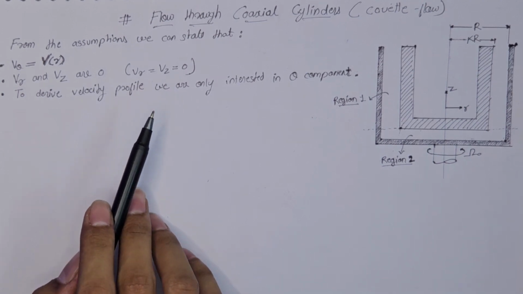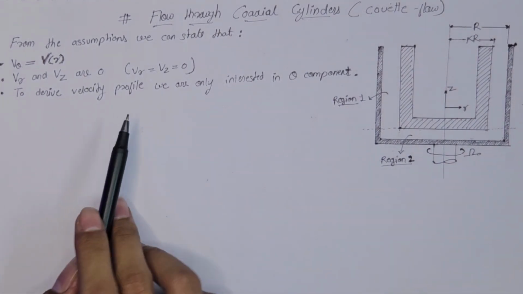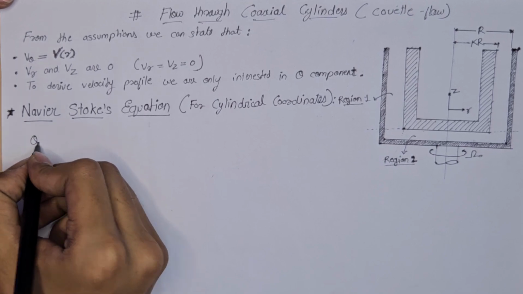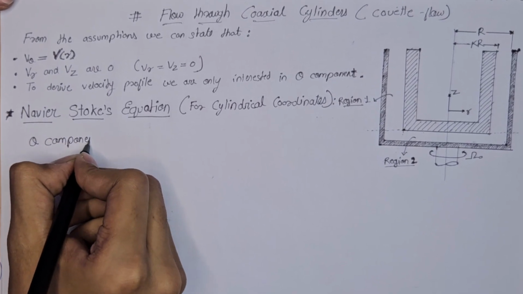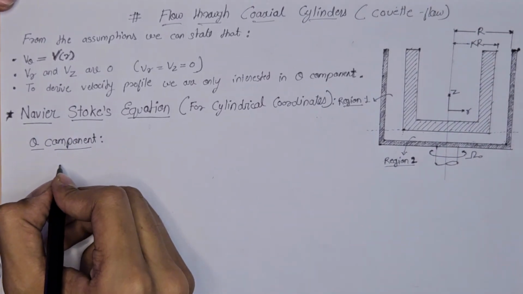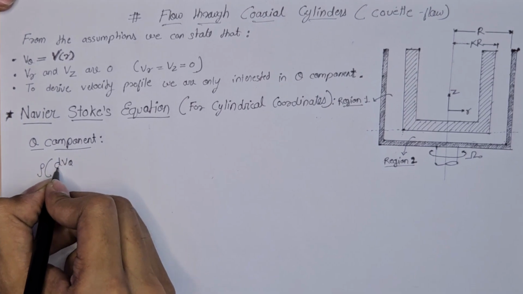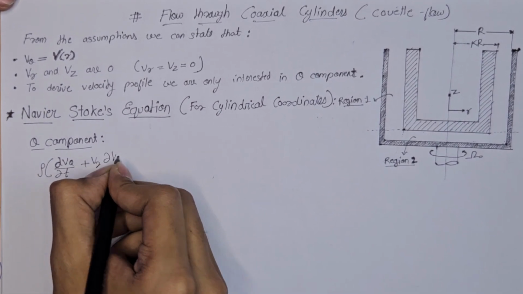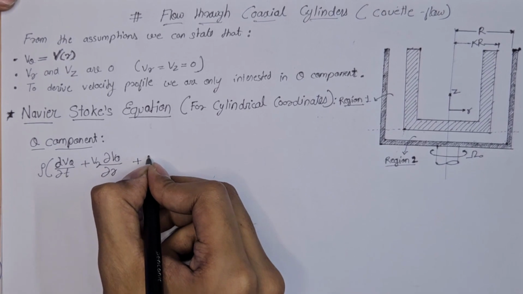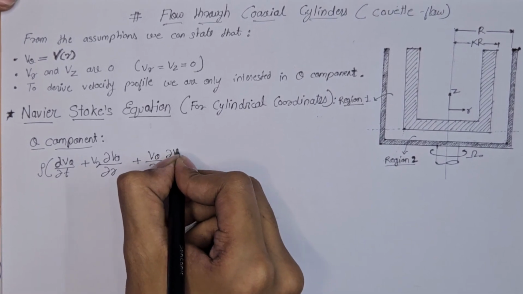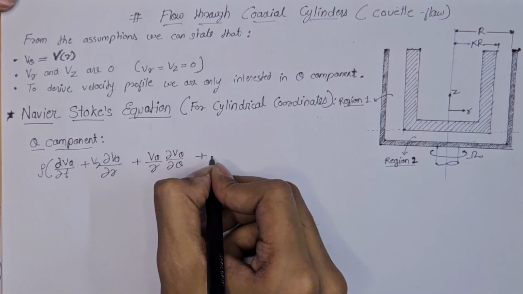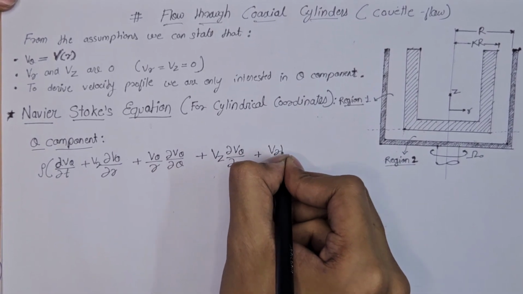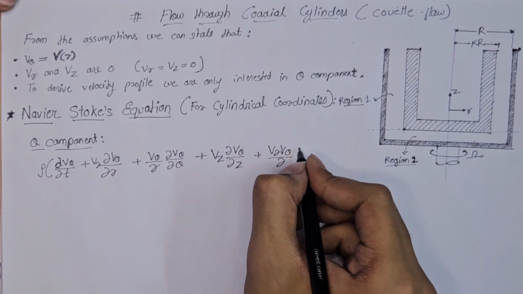So now we will use the Navier-Stokes equation in cylindrical coordinates, and we'll use the theta component to derive the equations. Let's write the theta component as rho times del v theta by del t plus vr del v theta by del r plus v theta upon r into del v theta by del theta plus vz into del v theta by del z plus vr v theta upon r, which is equal to